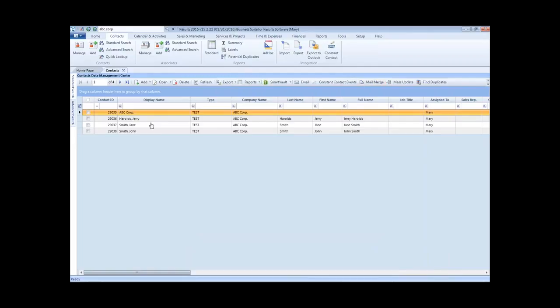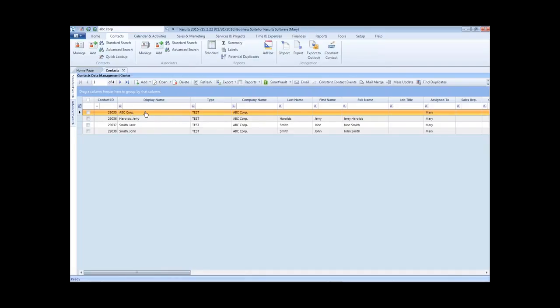More importantly, when ABC Corp is synchronized with QuickBooks later on, we don't really want 4 records for ABC Corp to be created out there. That would be disastrous effectively, because then invoices, quotations, sales orders, payments, whatever you have are going to be all over the place because you ended up with 4 distinct customer records in QuickBooks if we went ahead and did the synchronization right now between Results and QuickBooks. So we definitely want to remedy this by restructuring this account into a single account with multiple associate records,